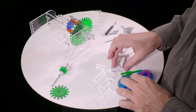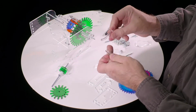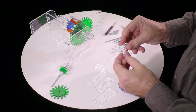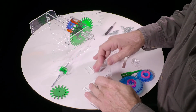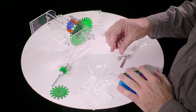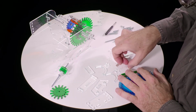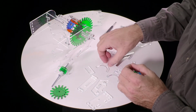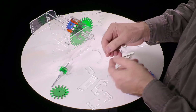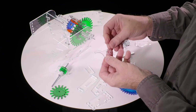Next, we're going to assemble the shift lever and the sort of armature that moves that clutch plate. So there's 2 pieces like this, and there's 3 pieces that have this shape. There's a thick one, a 3mm thick one, and 2 very thin flexible ones. We'll start with one of the big pieces and one of the flexible pieces. Notice this side, there's one side that's longer than the other. Have the longer side down, and